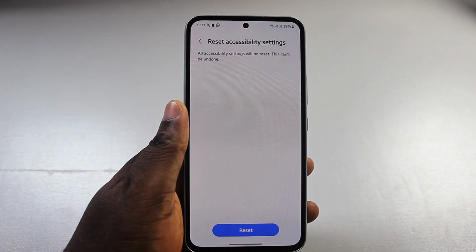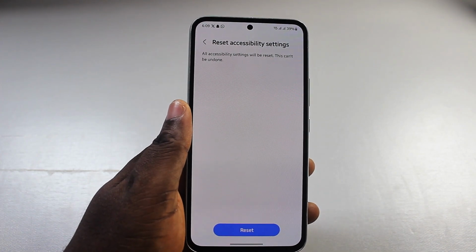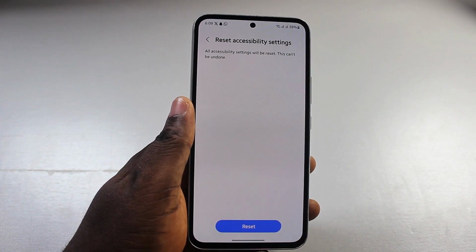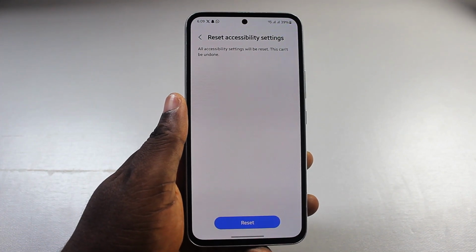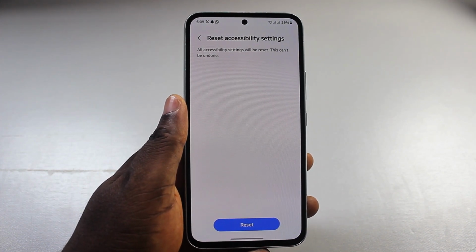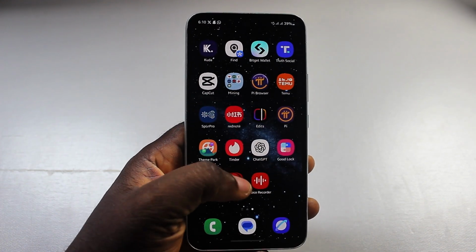Now, all accessibility settings will be reset. This can't be undone, so go ahead and click on reset. Once you hit the reset button, this is going to reset your accessibility settings on your Samsung phone and then you're good. So that's basically how to reset